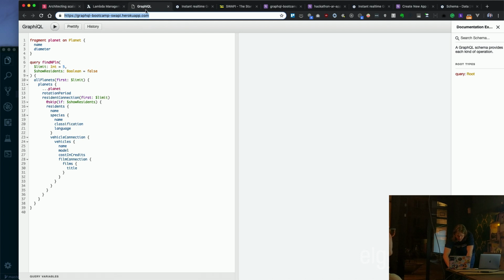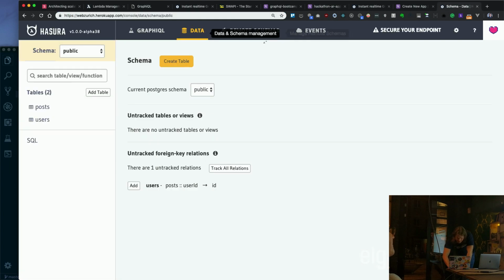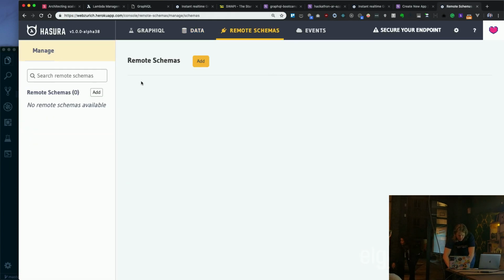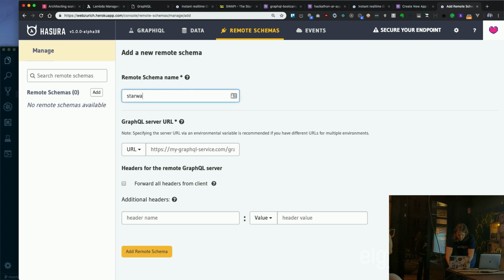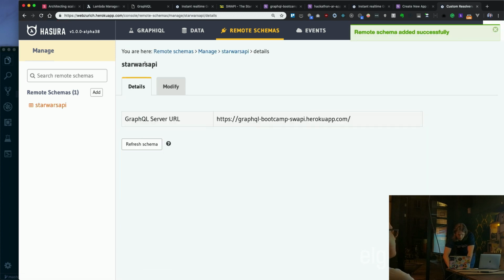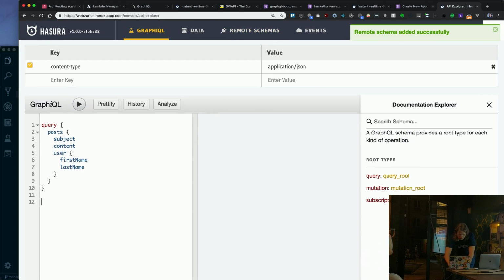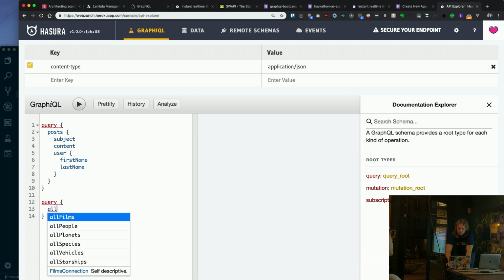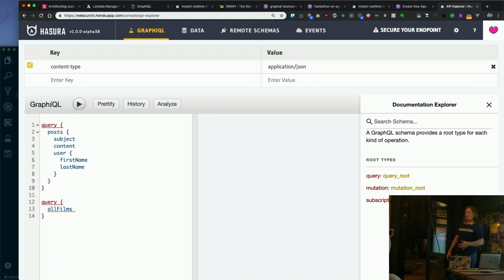So what I can do with Hasura, if I find where I opened that, I can go to remote schemas, add a new schema, add a URL, and now if I go here, I can query all fields from my GraphQL server, which means I can stitch schemas. I can have my own GraphQL server with my own custom logic. I can have a schema from there, and I can have a schema on top of my database. But that's not all.